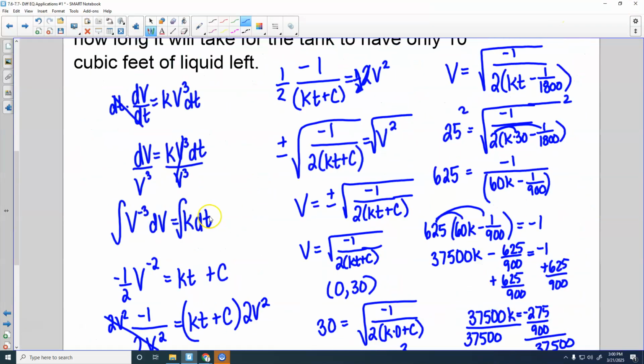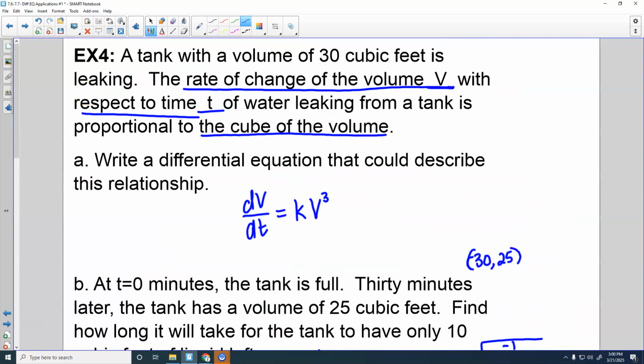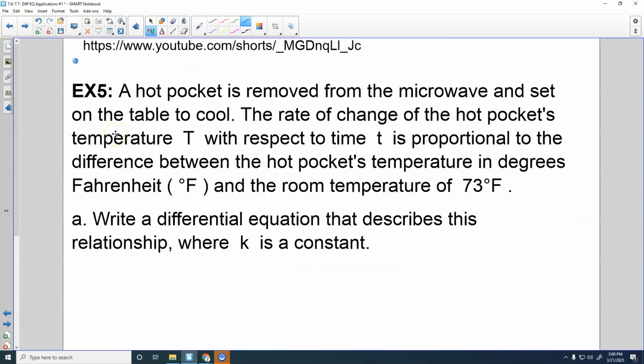So I got one more Newton's Law of Cooling problem I'd like for us to do. I don't know if we'll fit it in. Also,